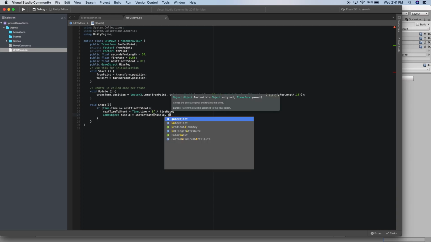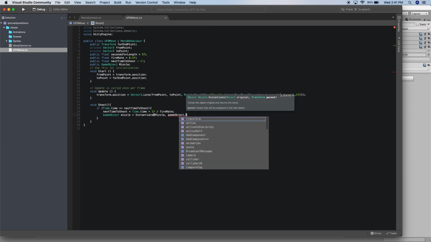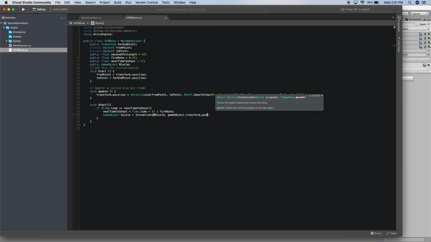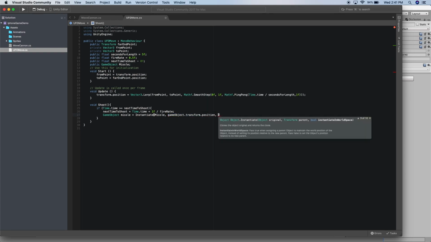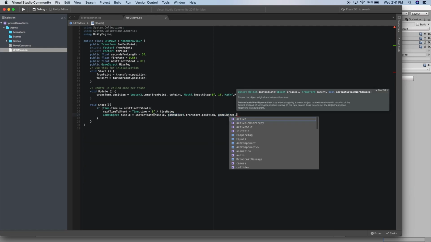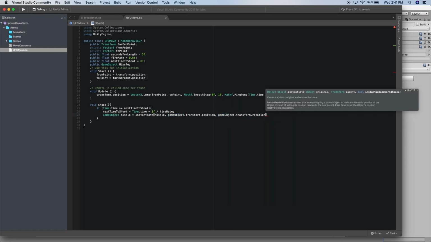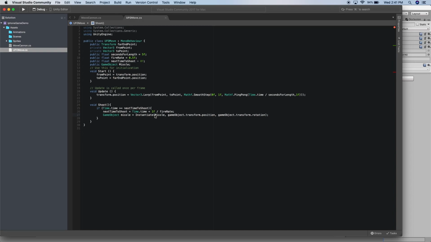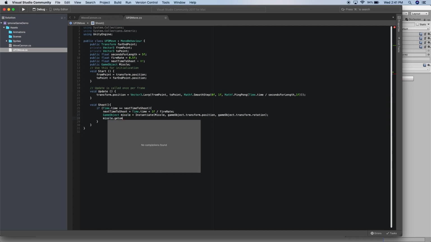And now we want to instantiate the missile at the UFO's position. So gameObject with the lowercase g dot transform dot position. And we want to give it the same rotation. So gameObject dot transform dot rotation. And then now since we have this variable that's equal to our clone of our missile, we can say missile dot GetComponent,